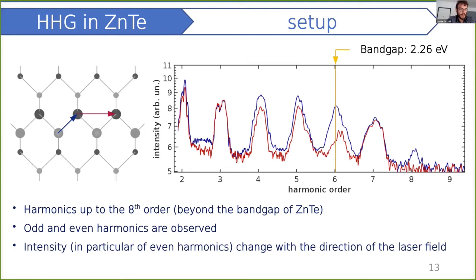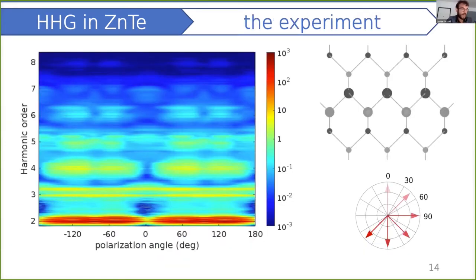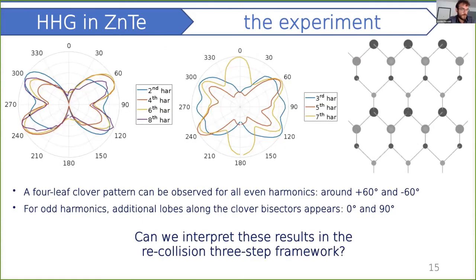We then studied the HHG emission for different directions of the laser field, making a complete scan of the HHG signal as a function of the polarization angle. It is possible to observe strong modulations, and they look different for even and odd harmonics. So to analyze more carefully these results, we can make polar plots. We can make polar plots of the normalized intensities of harmonics as a function of the polarization angle. On the left, you can find the even harmonics, and on the right, the results for all the harmonics.